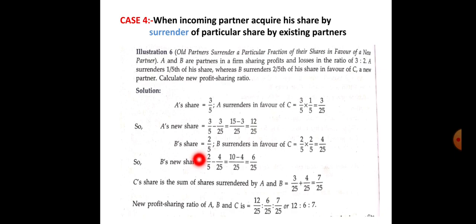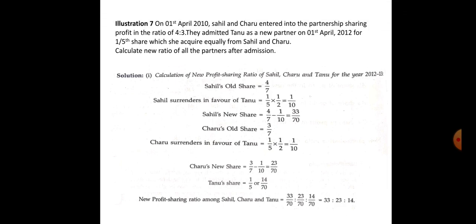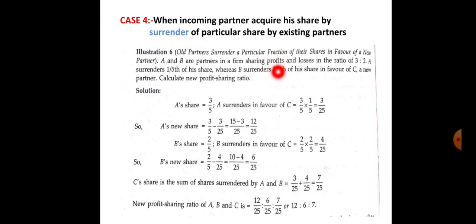Same in the case of B. If B's existing share is 2/5 and B has to surrender 2/5 of his share, यानी अपना शेयर ही खुद का 2/5 है, उसका 2/5 उसको सरेंडर करना है, तो उसको कितना सेक्रीफाइस करना है, he has to sacrifice 4/25. ये उसको सरेंडर करना है और we can say ये उसको सेक्रीफाइस करना है, तो उसका ओल्ड रेशियो क्या है, 2/5, उसमें सेक्रीफाइस कितना कर देगा, this much, then the remaining share would be the new ratio. So what we have seen in this question is the new ratio of A and B.